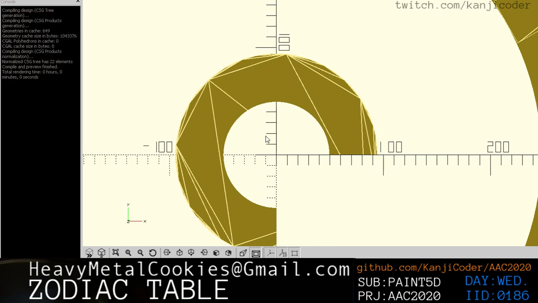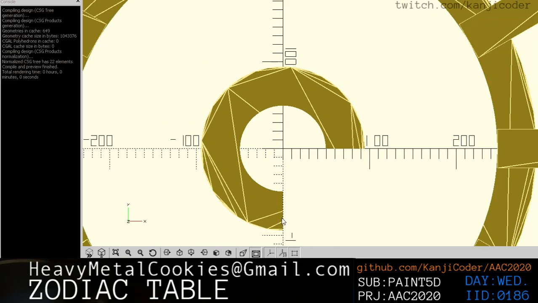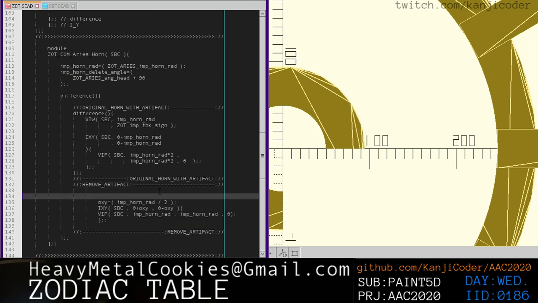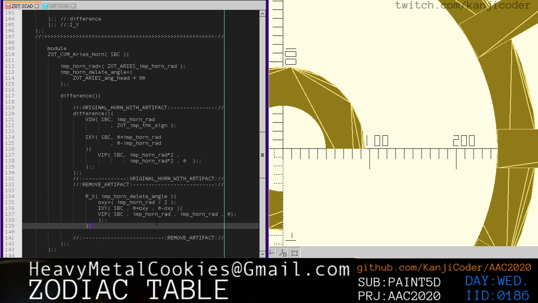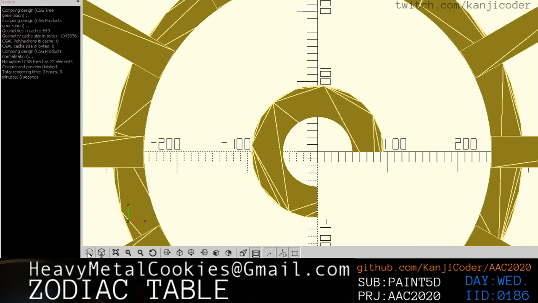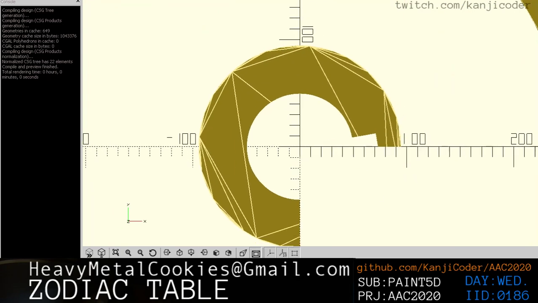So let's do this, and now we don't see it anymore because now it's right over here, right? And we need to rotate it by this deleter angle. Rotating it will probably be just enough. That'll probably be all we need to do. So we just need to rotate on the X with this delete angle, and not on the X, sorry. We need to rotate it on the Z. We need to rotate it perpendicular to the Z. We're doing stuff on the XY axis, so the vector for the rotation angle is just on the Z. So F4. Okay, so that's cut in kind of where I expected it to be,